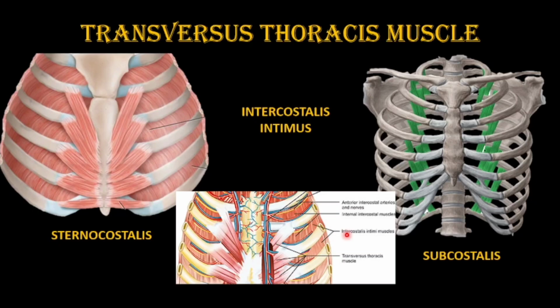Now, where is the location of the sternocostalis muscle? So you can see here it is located on the inner aspect of the front of the chest wall, and it originates from the lower one-third of the posterior surface of the body of the sternum, also the posterior surface of the xiphoid process of the sternum, and the posterior surface of the costal cartilages of the lower 3 or 4 ribs, and it gets inserted into the lower border and inner surface of the costal cartilages of ribs 2 to 6,